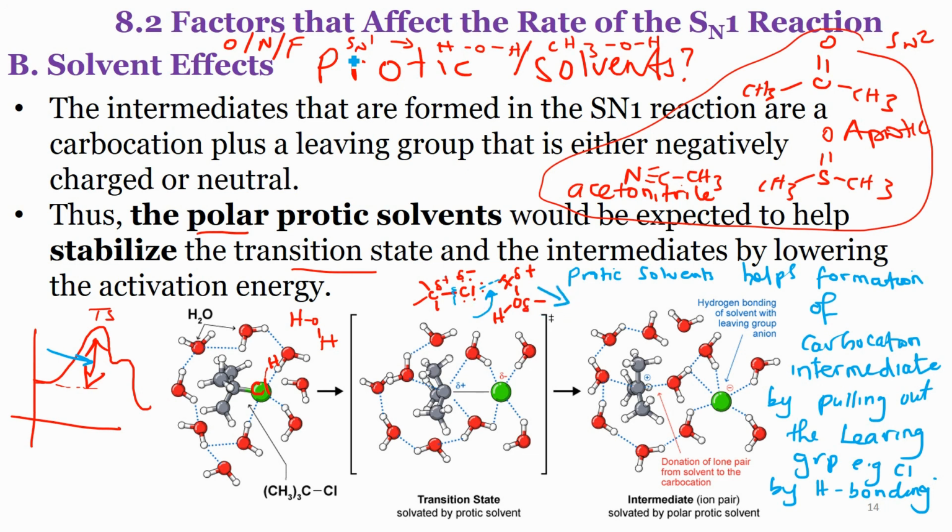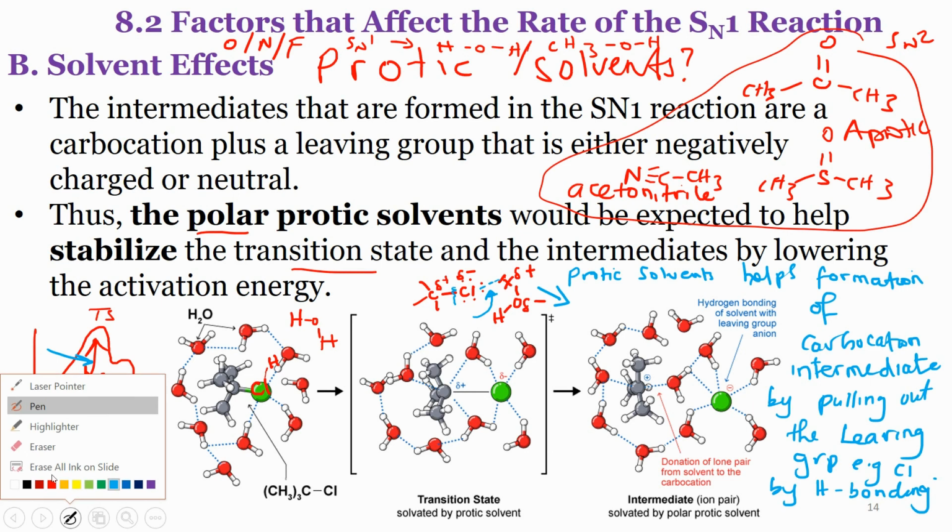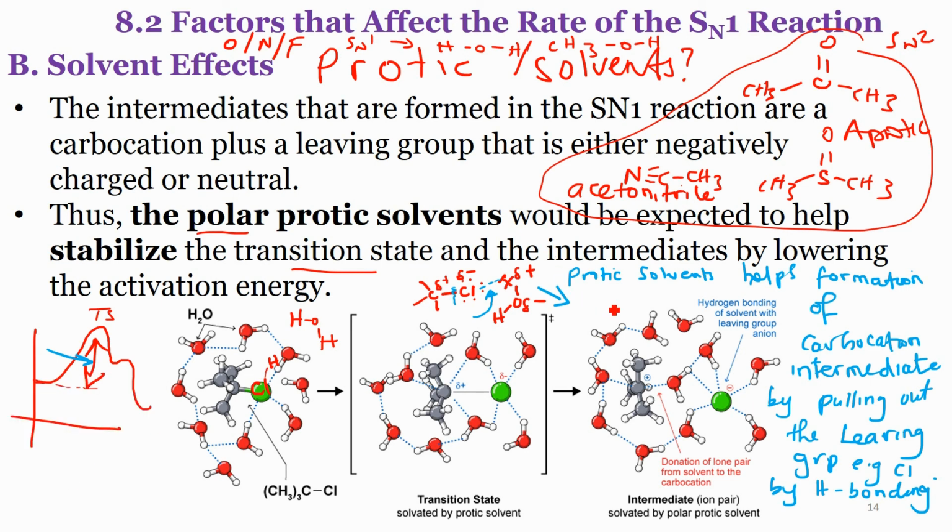Now you move forward, and now you have your carbocation. The Cl is gone, it's pulled out. So your carbocation will have a carbon center with a plus charge. The same protic solvent is useful here. Now we don't use the hydrogens anymore of the protic solvent. Now we use the oxygen. You know, the oxygen is partially negative. The carbocation is positive. So you get some sort of ion-dipole intermolecular force of attraction, which is what's happening